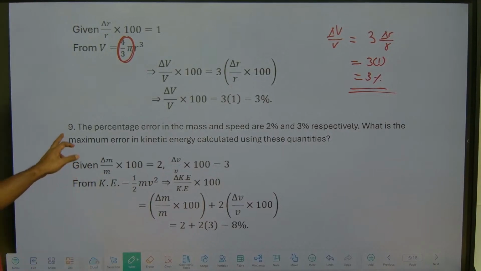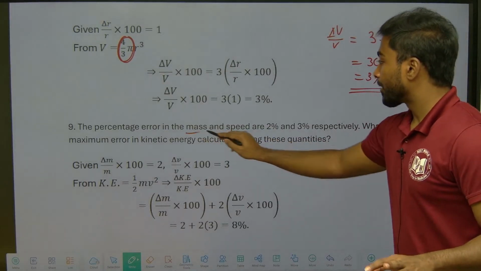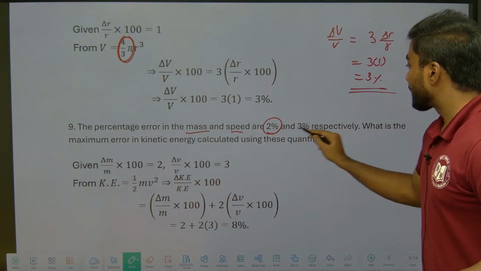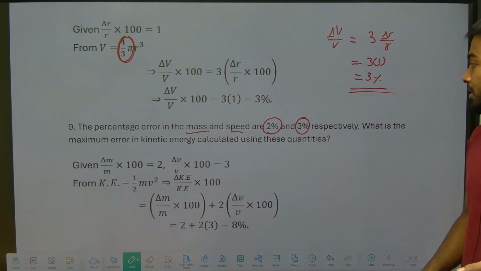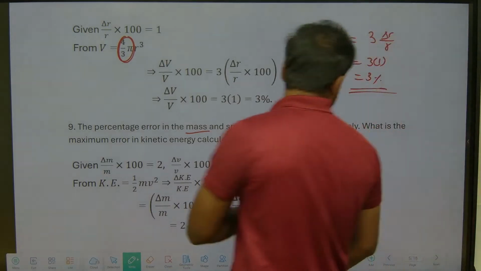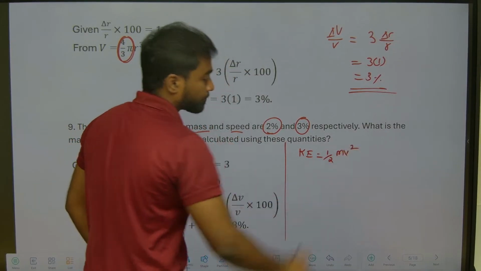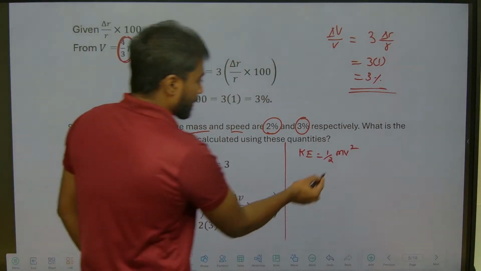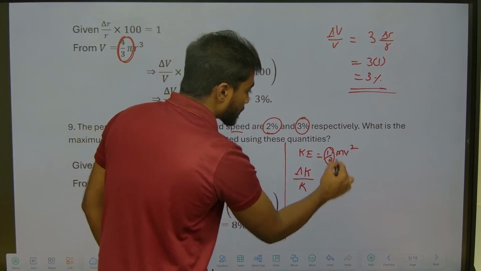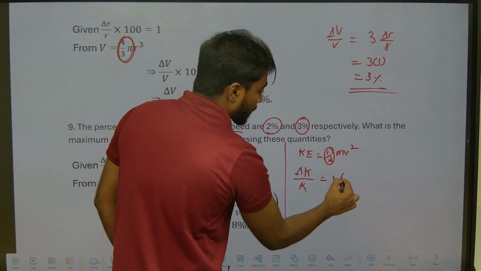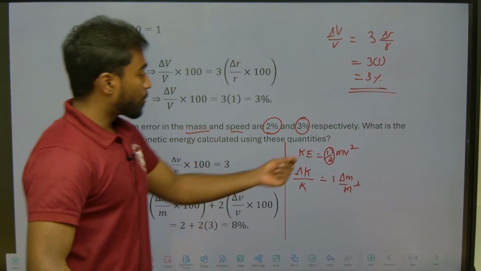The next question is, the percentage errors in mass and speed are 2% and 3% respectively. What is the maximum error in the kinetic energy calculated using these quantities? Kinetic energy is half m v square. Leave aside the constant. I can write delta k by k equals, the power of m is 1, so delta m by m